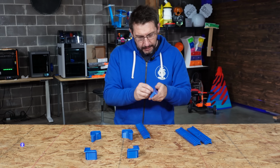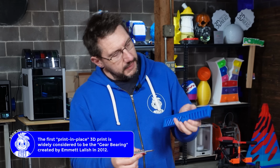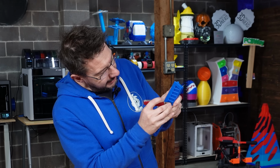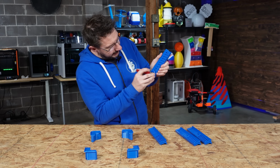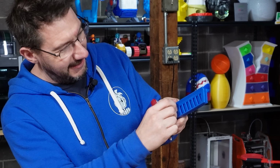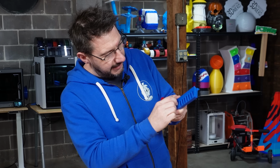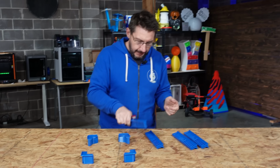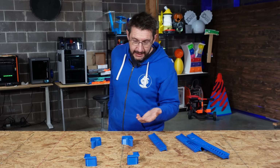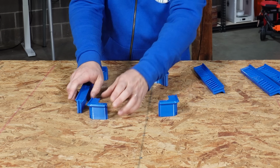So it's this one. Okay, so what you want to do is take something to free it along the bottom. So right in there, you just kind of get in there, make sure everything's freed. Sometimes you'll hear a snap as the plastic kind of frees itself. Ooh, did you hear that? Oh, so close. Anytime you do something print in place, you might have to free something. And I'm really, really close. Be gentle. Got it. See? It's fantastic. And they slot together using these dovetail joints. So you just kind of...